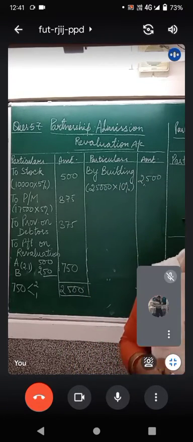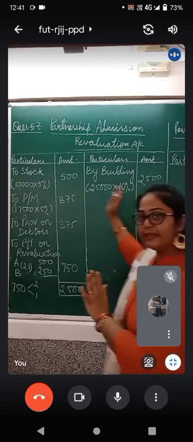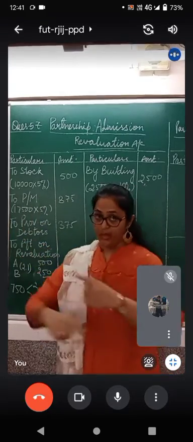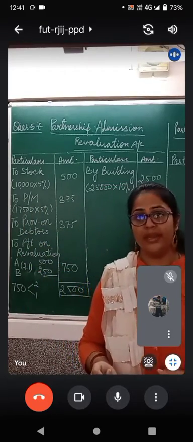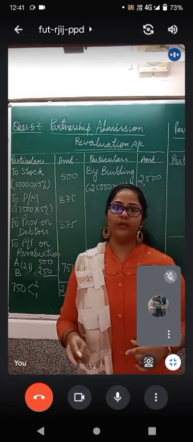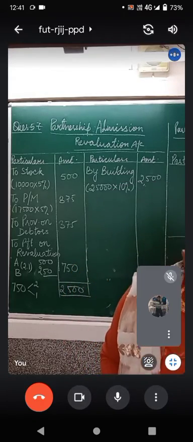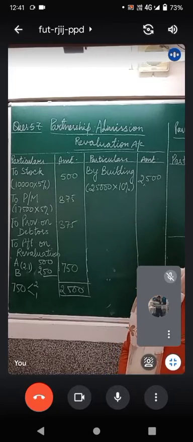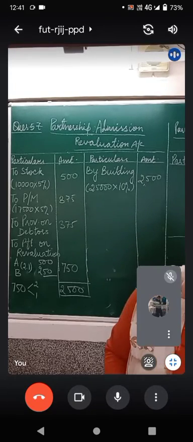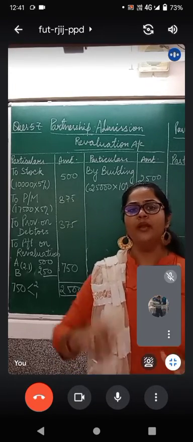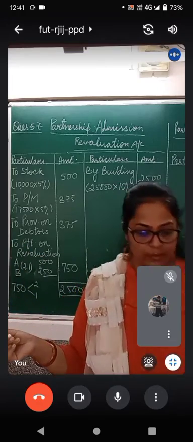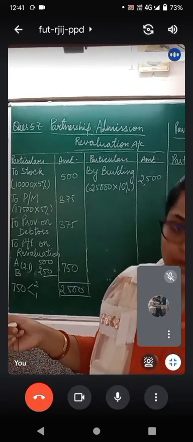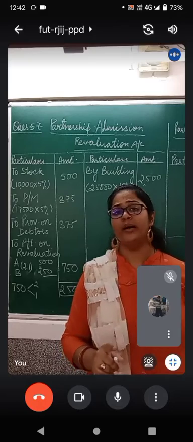What shall be the next adjustment? After everything related to revaluation is done, now we will talk about the new partner coming into existence. So for him, the question says he is to bring 7500 as capital and 3000 as goodwill. Now to make it simple, because cash in hand balance is already given in the question, cash in hand rupees 600. So what journal entry will you pass?